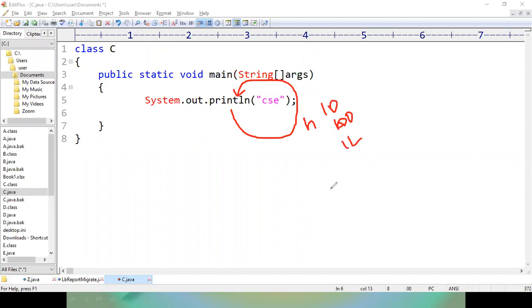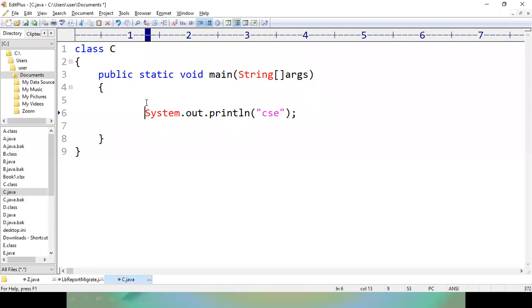Then we can print CSC on the output screen 10 times, 100 times, 1000 times, or 1 lakh times. Here the part of code is system.out.println CSC, and we are executing the same part of code again and again. So it is called iteration.